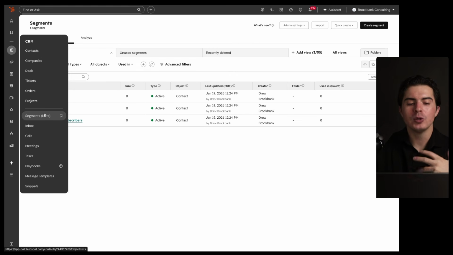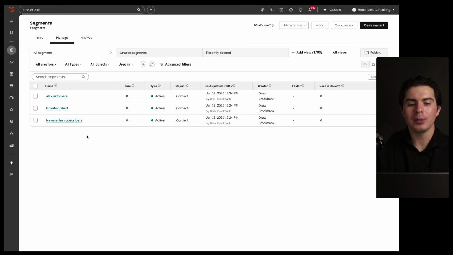It's important that you understand segments inside of HubSpot CRM. So a segment is just a group, okay? And the reason we want to group things together is we want to make sure we avoid the cluster. The cluster is when you don't have any kind of way to group people together so that your customers, your leads, and your subscribers, they're all mixed together. When they're all mixed together, it's very difficult to send the right communications to the right people. So when you create segments, you'll have something that looks like this. All of your customers, those who have unsubscribed to you, and those who are your newsletter subscribers. You want to make sure there's clean segments created so that you can send the right communications out to the